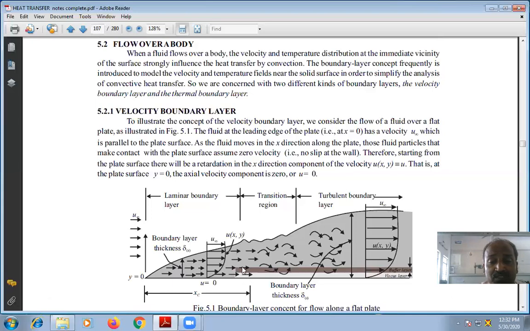Now you can see the laminar boundary layer, transition region, and turbulent boundary layer. Laminar means the fluid adheres to the surface of the plate, layer by layer, because the fluid is suddenly stopped, and because of that you see the laminar boundary layer. Turbulent means the fluid particles are totally mixed with high velocity. Transition means in between: the flow converts from laminar to turbulent, and that in-between region is called the transition region.